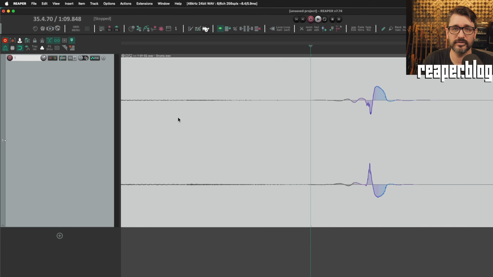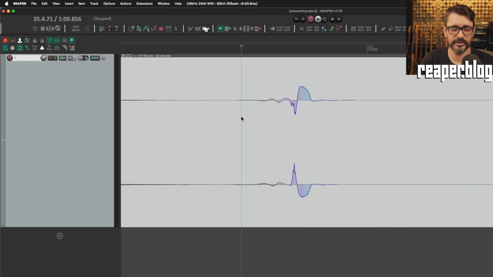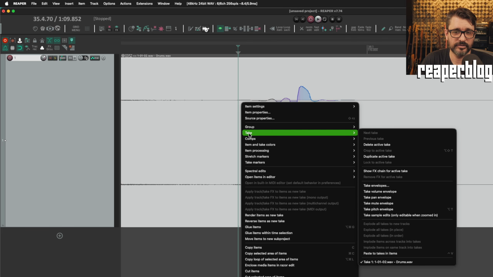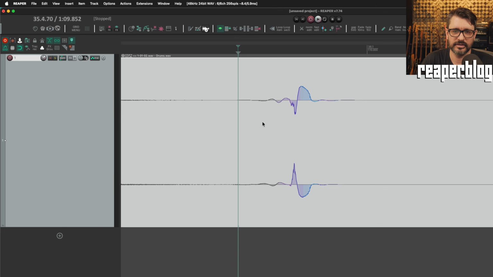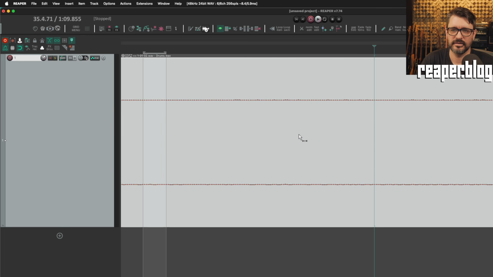So we first talked about sample edits in Reaper 7.70. So clearly lots of things have changed since then. So we can activate a sample edit by going to take and then take sample edits. We can enable that. And then if we're zoomed in close enough, we can